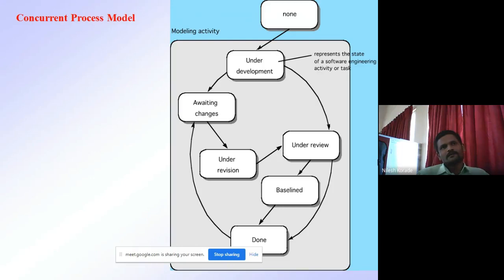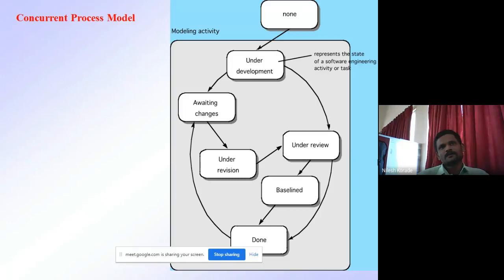So in the last lecture, we saw the concurrent process model. Whenever you use this concurrent process model to develop your software project, you will be able to divide your project activities into states. We have seen states for the modeling activity. Simultaneously you can do your communication, planning, modeling, construction, and testing.